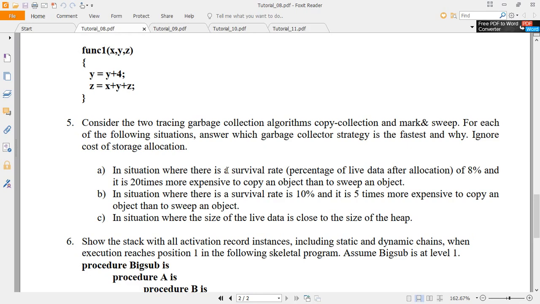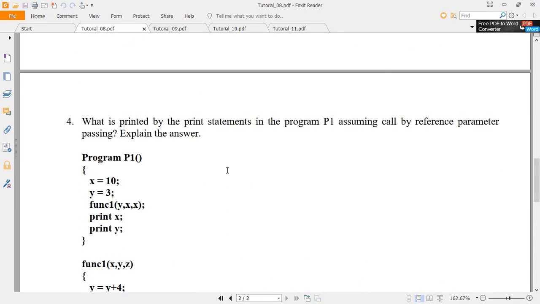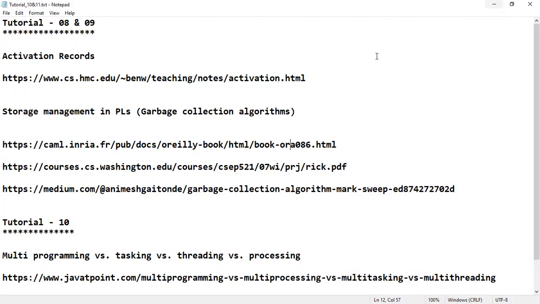You are recommended to go through those links and the material found there. Look at the file attached to this tutorial 10 and 11. In that you will find the links for the activation record. A simple explanation is given for the activation records, the static link and dynamic link, and scoping.